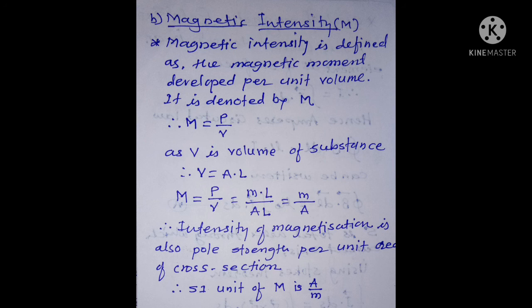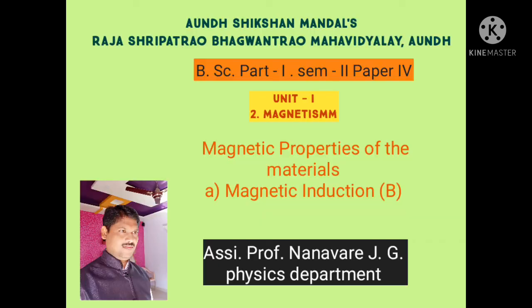So these are the two magnetic properties, that is the magnetic induction represented by B, its unit Weber per meter square, and another is the magnetic intensity represented by M, and its SI unit is ampere per meter. So these are the two